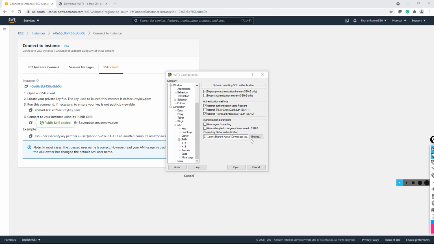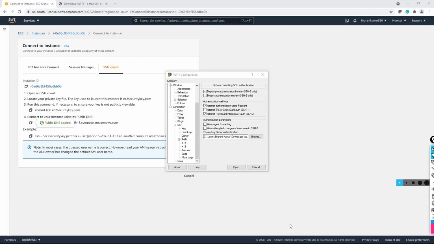After opening, I'm getting one more PuTTY security alert. It's saying the server host key is not cached in the registry. You have to accept, connect once, or cancel.